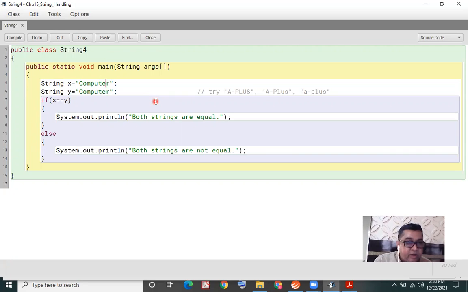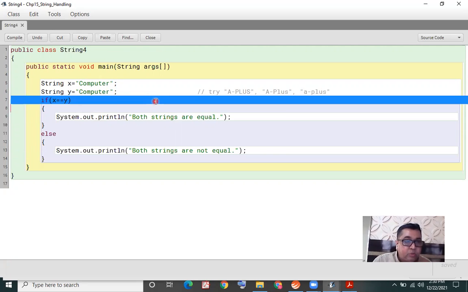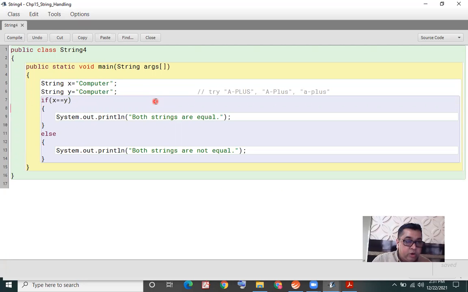So for some technical reason internal to how Java is storing these strings, it appears that this is working, but I had said it's not going to work. You got the impression it's working. As I said, I don't want to go into that technicality.